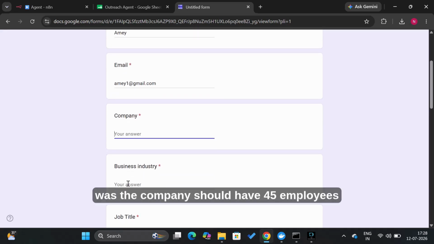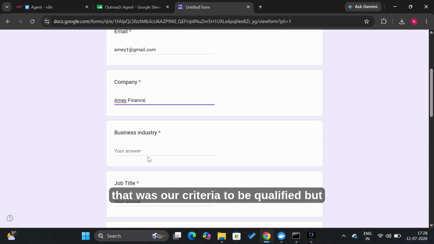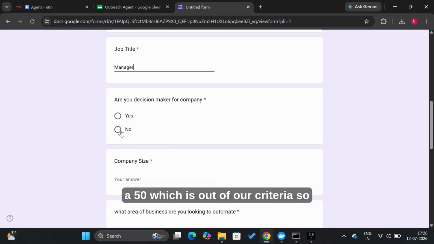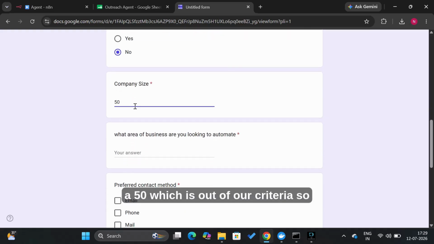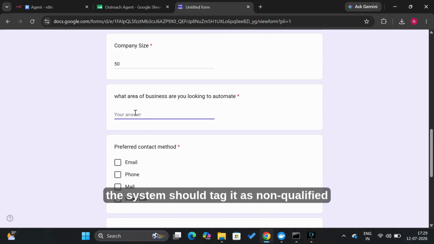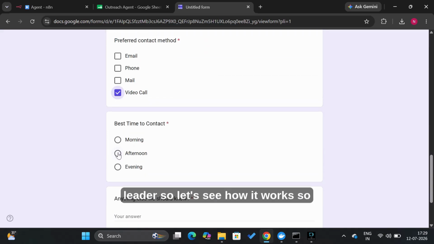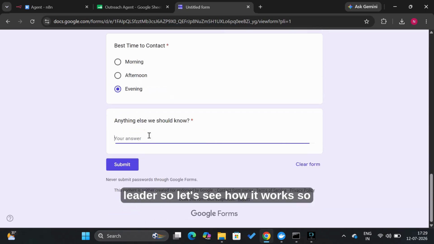Our criteria was that the company should have 45 employees to be qualified. But here I am going to give the company size as 50, which is out of our criteria. So the system should tag it as a non-qualified lead. Let's see how it works.